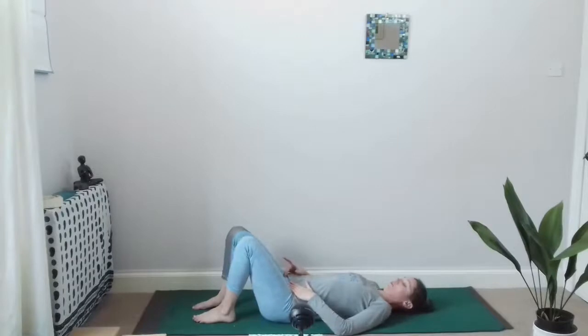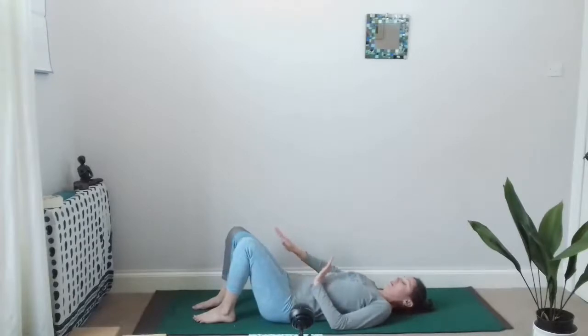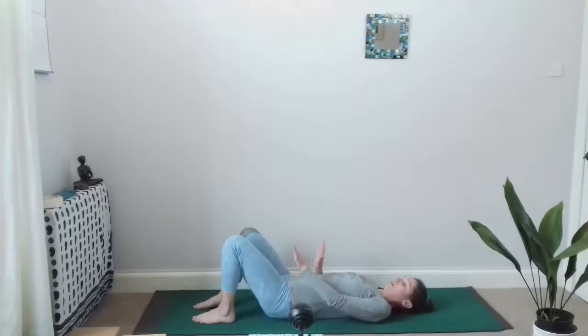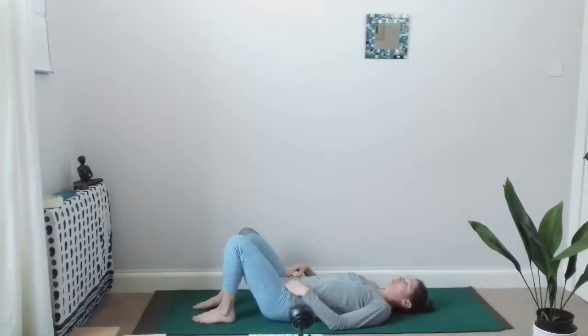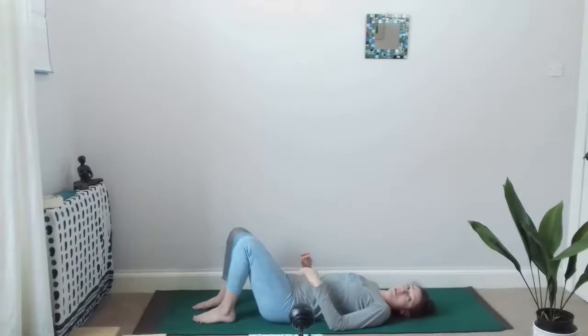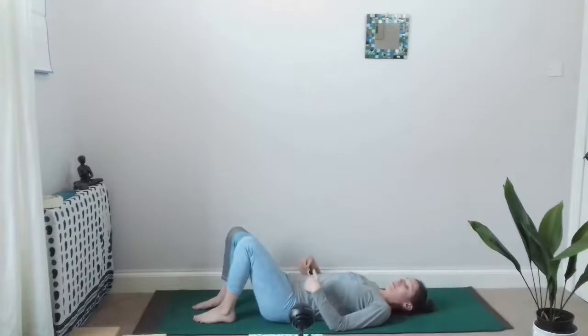Move your right knee forwards a couple of centimetres or an inch, and then bring it back. And then move your left knee forwards, and then bring it back. So just the thigh and the knee kind of moving forwards and then back to where it started, and the other leg move forwards and come back. So you don't have to keep looking at the knees, you can keep the eyes closed or you could look up at the ceiling. It's a very small and subtle movement, but you might notice it can be quite,